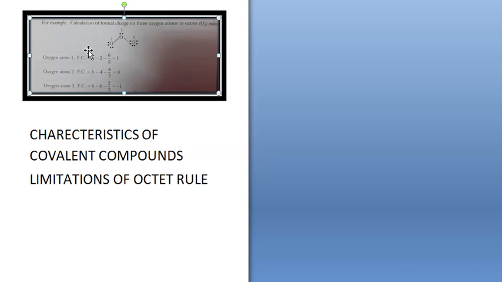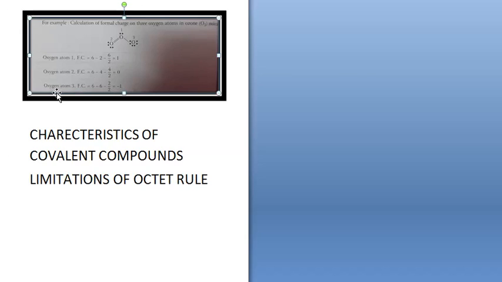Look at the second atom. Second oxygen atom, formal charge: the total number of free valence electrons remains the same, 6. Total number of lone pair electrons: there are 4 electrons here which are not taking part in bond formation, so it becomes minus 4. And if you count the number of shared electrons, it is linked only through a double bond, so 4. So 4 by 2. So the total comes to 0. So formal charge on the second oxygen is 0.